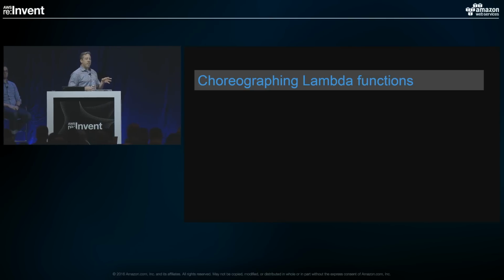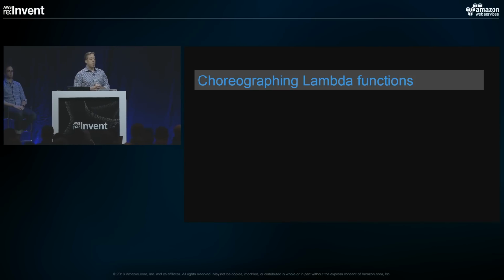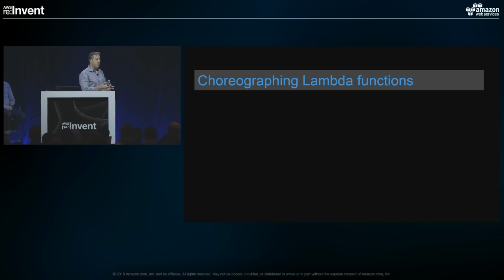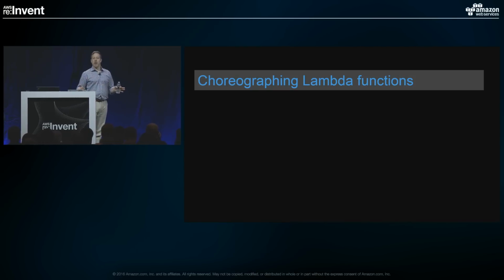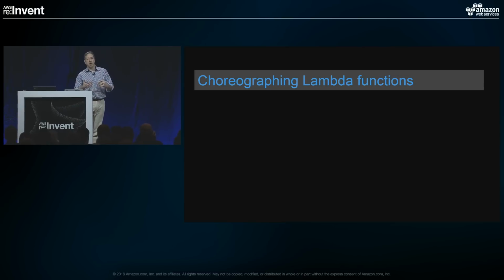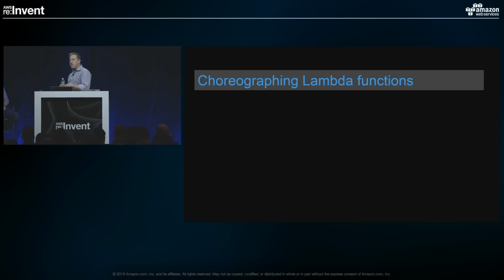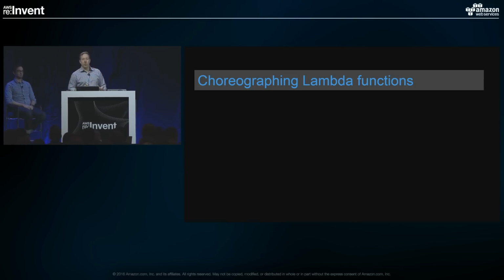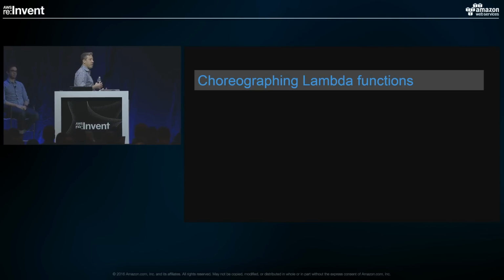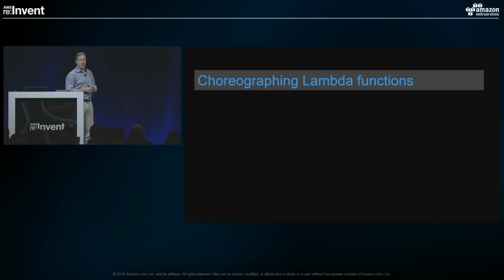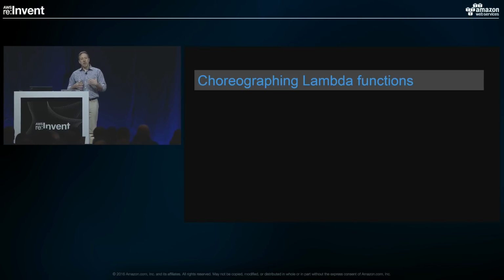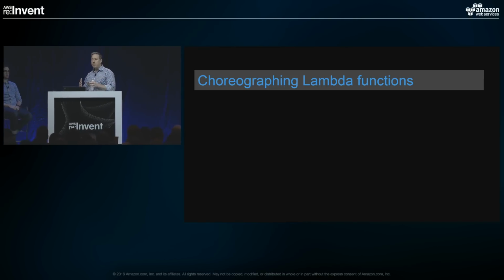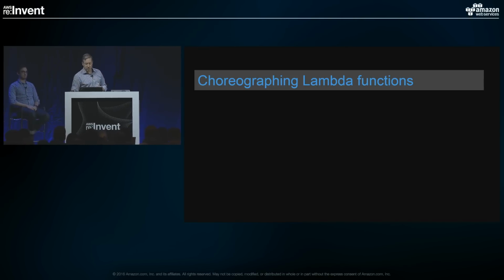But what happens if you need to choreograph multiple functions? Maybe you upload an object to S3 and you want to do 10 different transforms on that object, wait till they all finish, and then send a message out via SNS to indicate that they're done. Well, that gets a little harder if every one of those functions is stateless. It's tough for them to watch the other functions. You don't want all of them to have to do some complicated distributed timer. It gets a little bit more tricky to build an application that has that level of choreography in it.